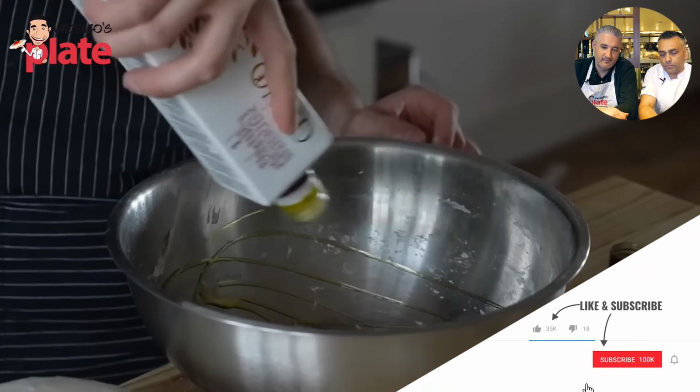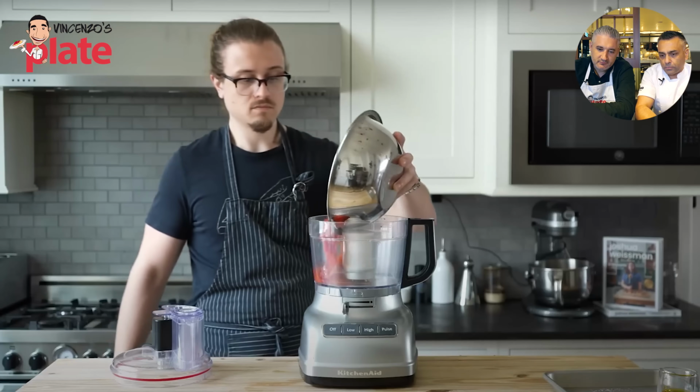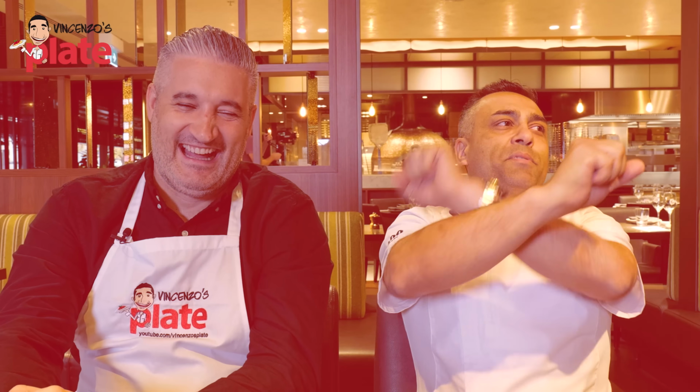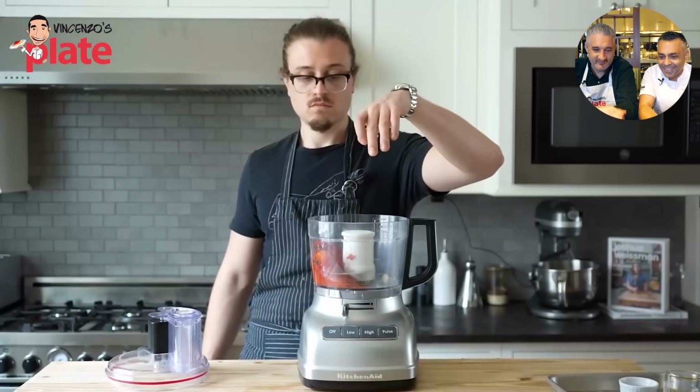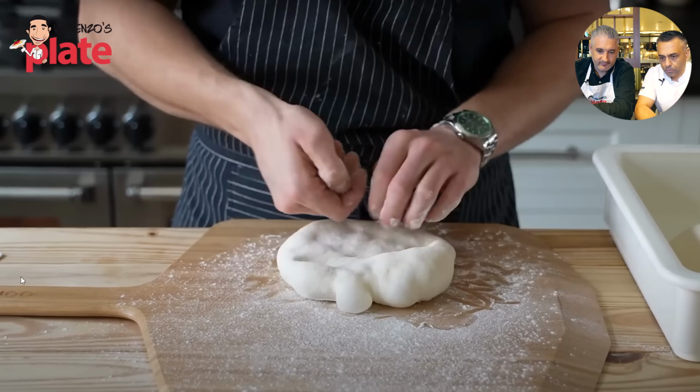Roll it into a taut ball, grease your bowl with extra virgin olive oil. Over a sieve, set in a bowl, add all of your flesh. Along with 2 cloves of garlic and an optional light pinch of sugar to mellow the acidity. San Marzano is already sweet. Top of your round, and then using your fist, punch it down. What are you doing? Fighting with the dough now? We're gonna start punching the...